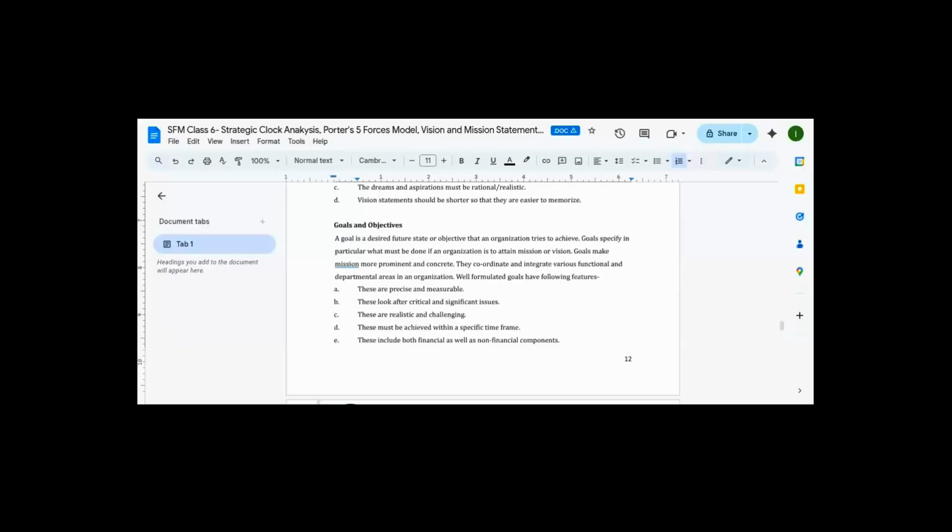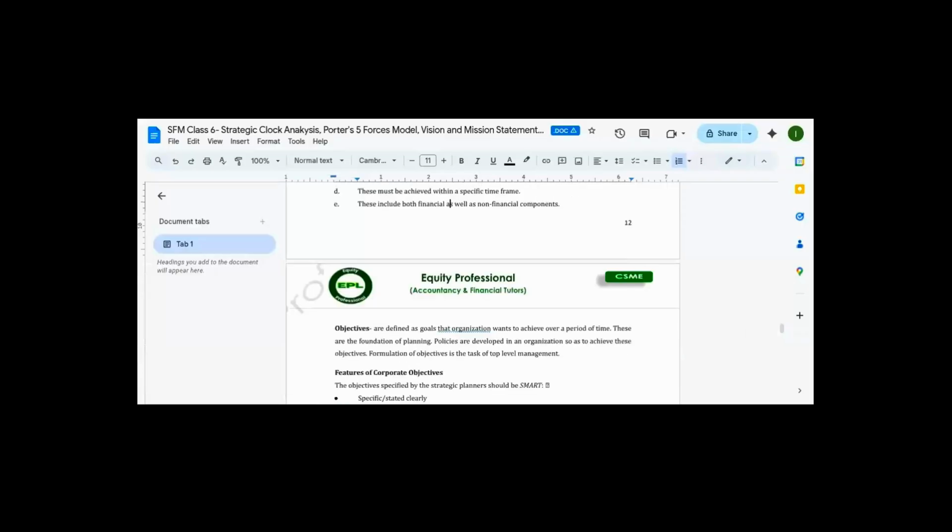Is it 1 to 2 years, 2 to 3 years, 3 to 4.5 years, 5 to 7 years? So the goals must be achieved within a specific time frame, maybe short time, medium time, long time. The goals must include financial and non-financial components. But when it comes to objectives,